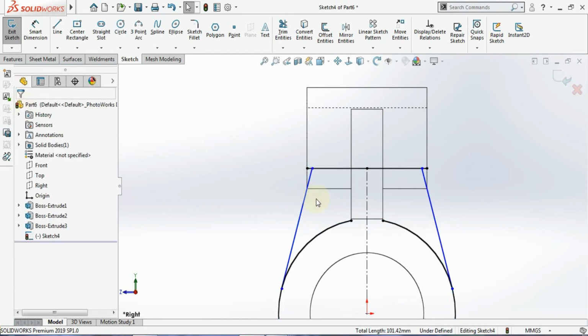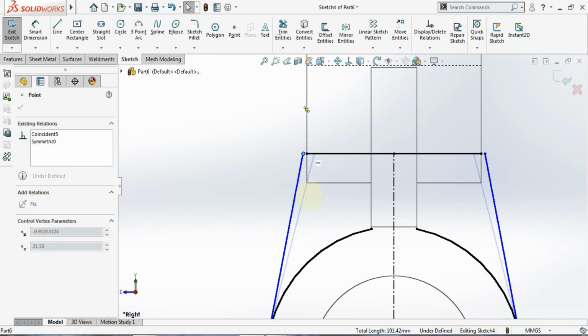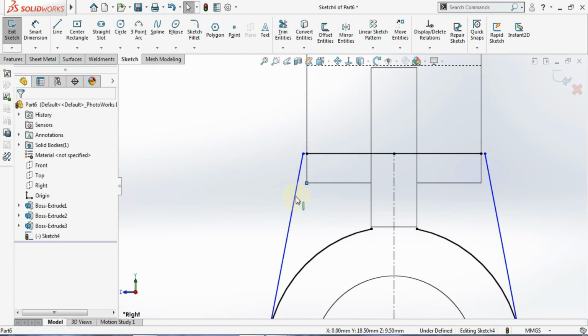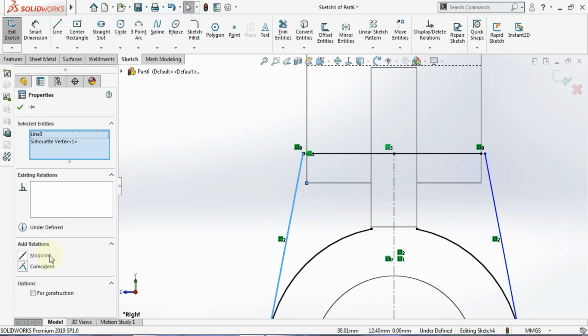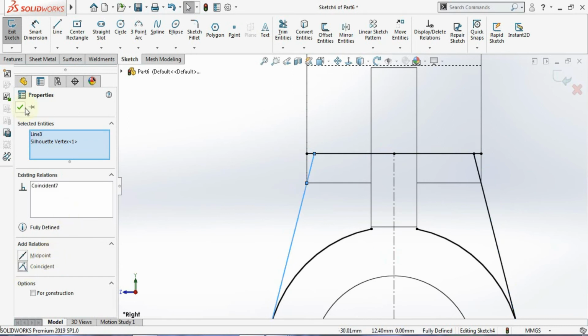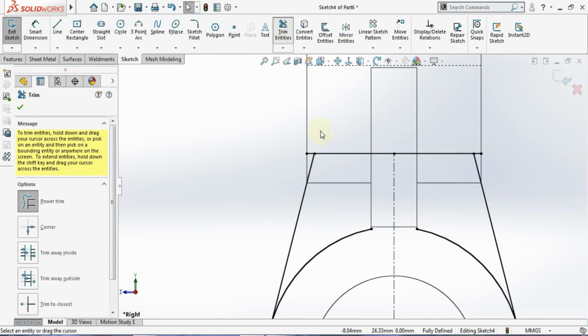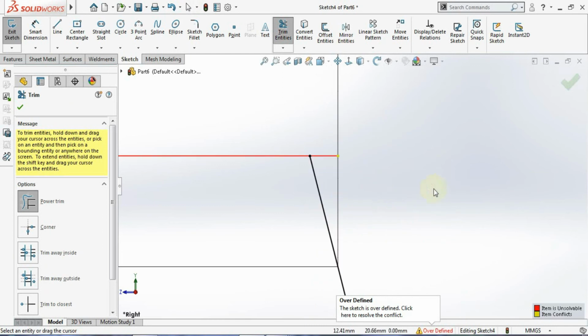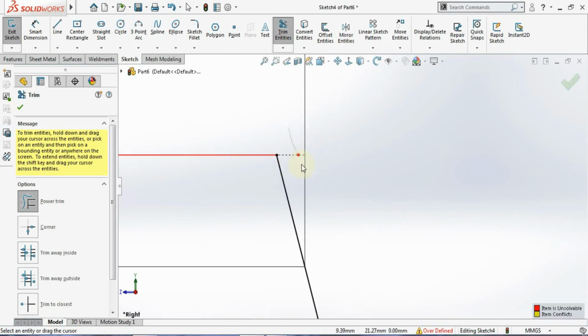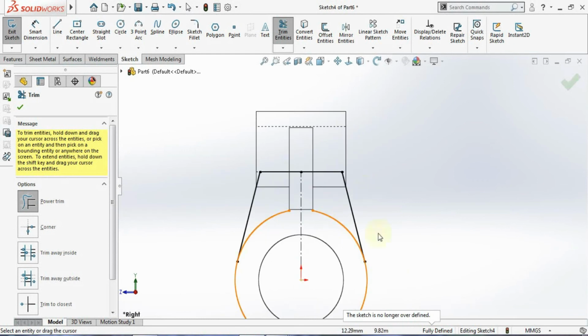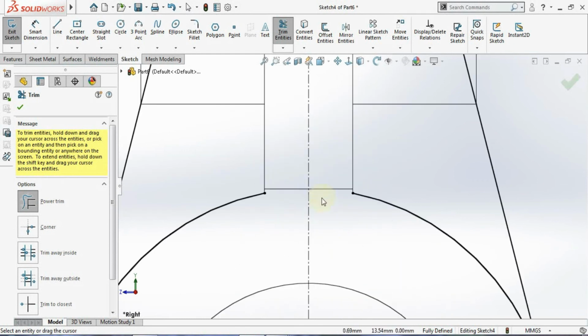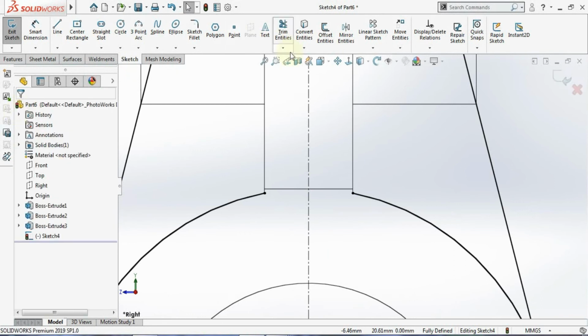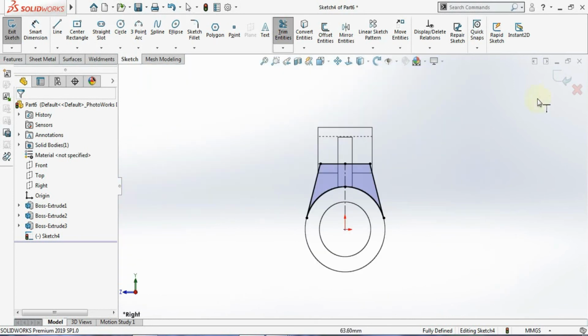And I'll just do one thing. You can see here this line is moving, so here I need to do one thing. We need to click on this corner point and select this line, give the relation coincident. Now you don't move here and there. Now you can trim it. Click on this trim and click on this trim, this corner. Now you can see here your sketch is getting fully defined. I'll trim this portion. You can see here the sketch is open only, so what we can do, we can extend this here itself. Click on this and click on this. Now you can see your sketch is getting fully defined as well as a closed profile.